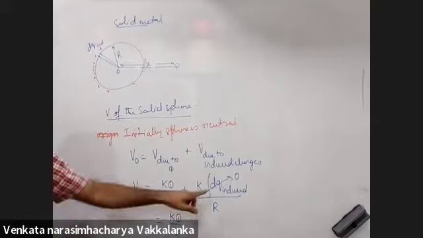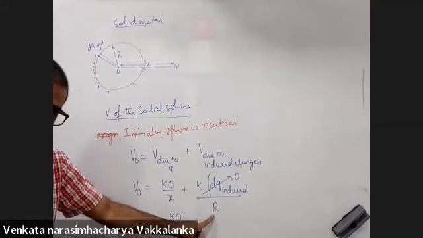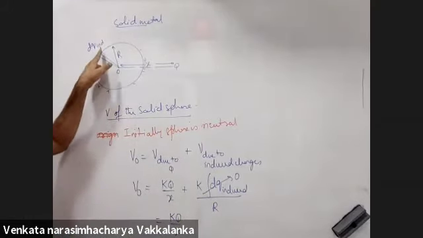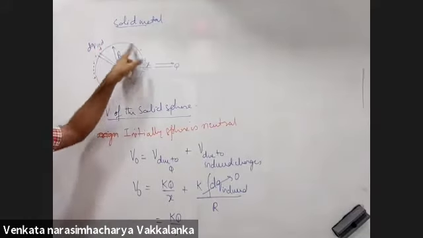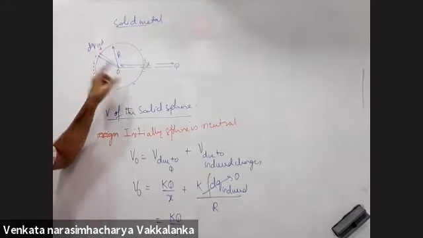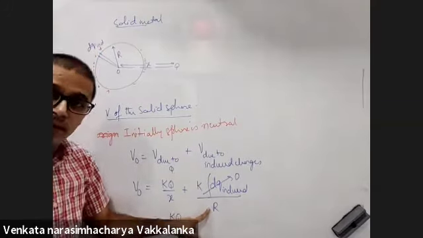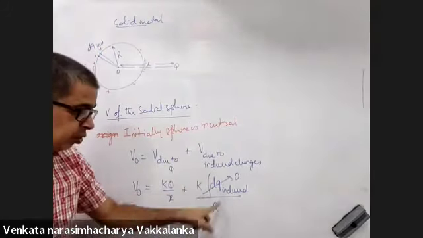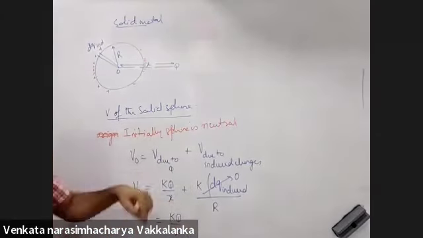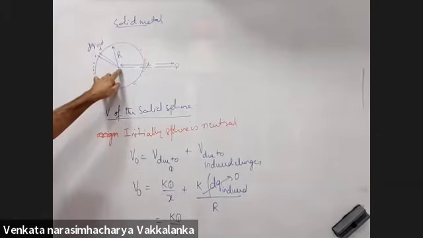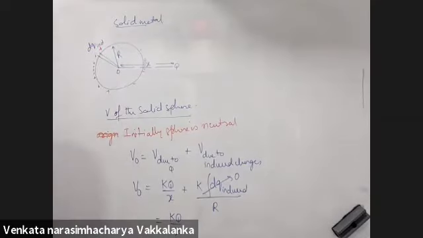Now this integral I could calculate because I calculated at O. Any quantity of charge is at the same distance of r from O. Any dq you take will be at the same distance of r. Hence I could use this expression. Hence you are calculating potential at O, which will happen to be the potential of the whole sphere, because the sphere will be equipotential. And why should the sphere be equipotential? Because the field inside is 0.